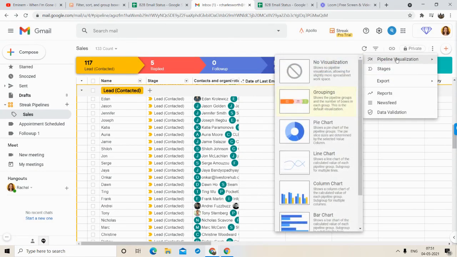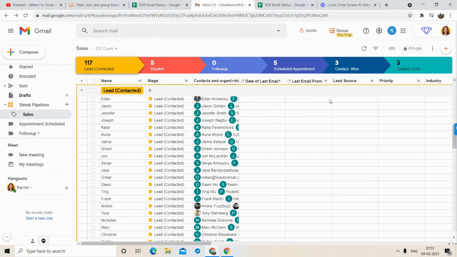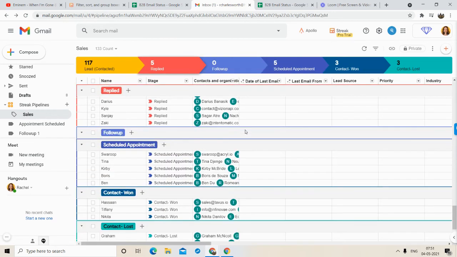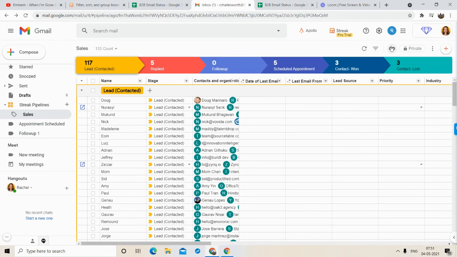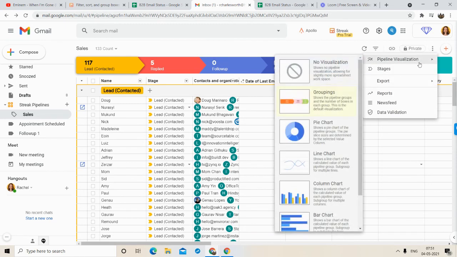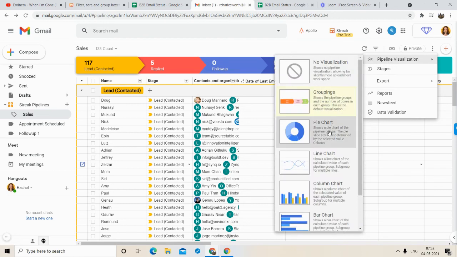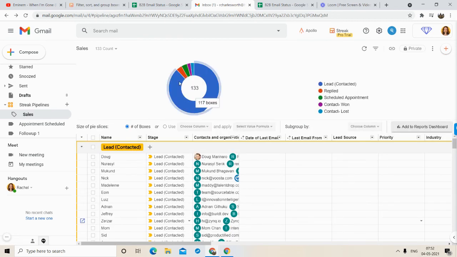Now you can visualize the pipelines with different graphs. So grouping, like if I use this, suppose I click over here, I want a pie chart of all the data that I have. So I'll click here. You can see there are 117 boxes.